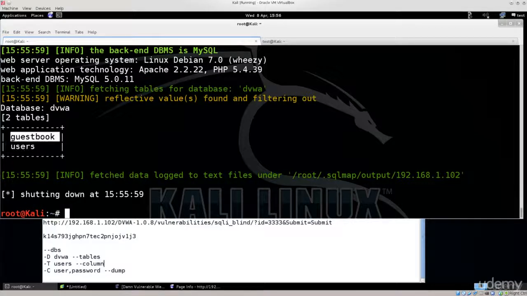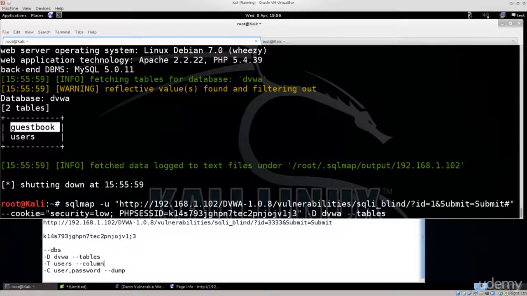Anyway, we got users, we got guestbook, so let's have a look at users, because I know that there was something useful there, but you won't know. So go through all of them. If you're doing a genuine pen test, go through everything that you can get. Go through every single table, every single column, every single database, see what is in there. I cannot emphasize this enough. How many times did people suffer needlessly, primarily because they were just too lazy to go through the stuff that they already had. So let's just go ahead and type in -T